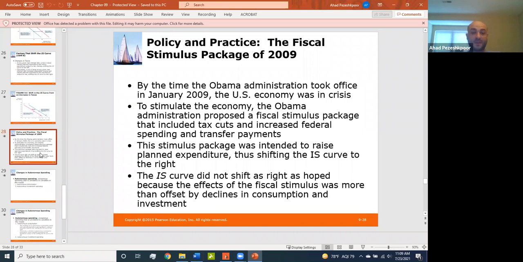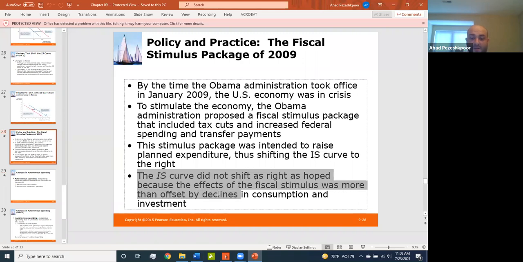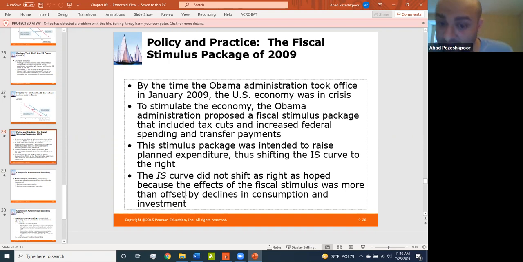You see, the stimulus package was intended to raise planned expenditure and shift the IS curve to the right. But then the IS curve did not shift as much as everybody hoped, because the effects of the fiscal stimulus were more than offset by declines in consumption and investment. The severity of the 2008 Great Recession was underestimated. And also the stimulus package wasn't